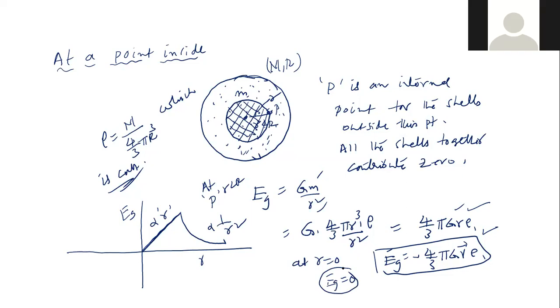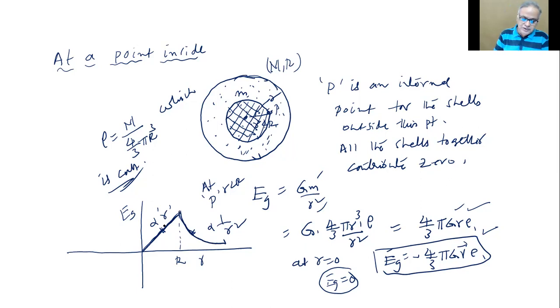So what do you mean by that? At this R equals R, it is maximum. But if you go down here, it changes linearly. At halfway through, R by 2, it will be half. But here, if you go half, it will reduce by what? From 1 here to here, 1 by 4 times. So, yes, though both the sides are decreasing, outside it changes more, it changes less here.